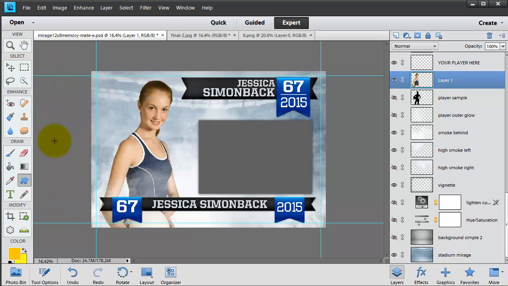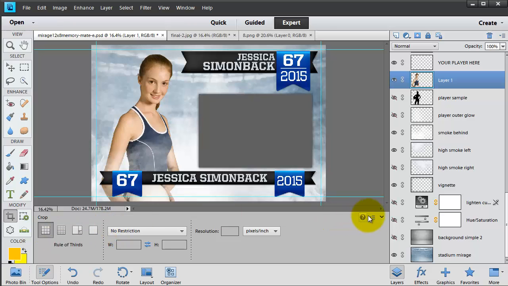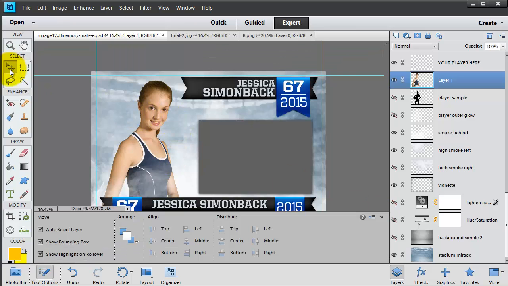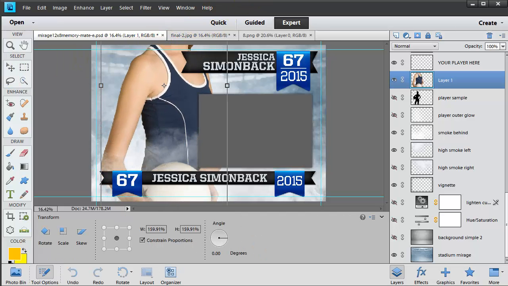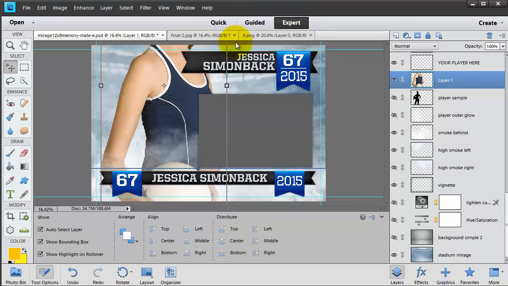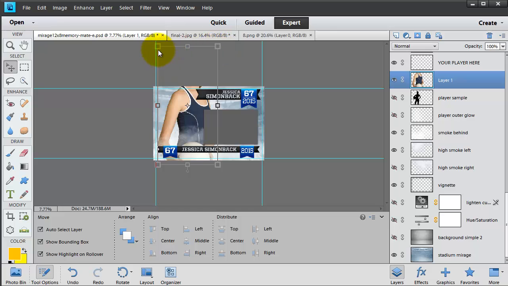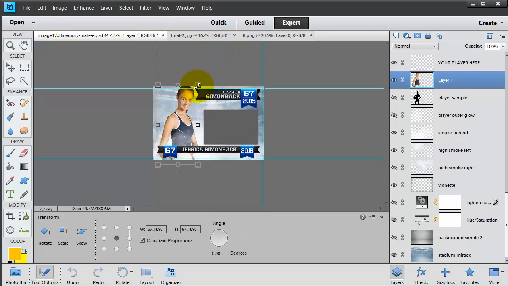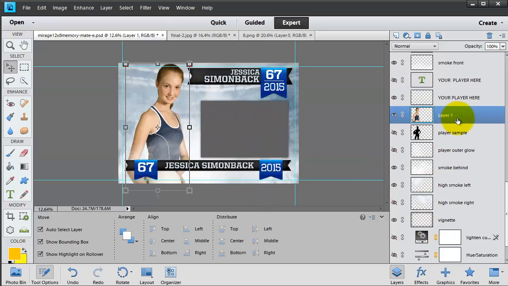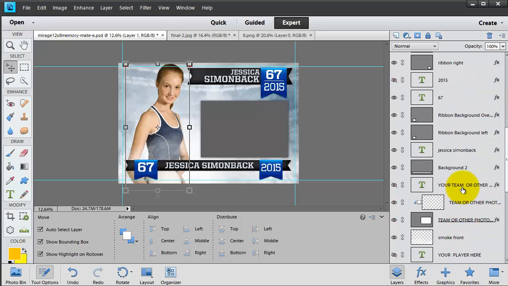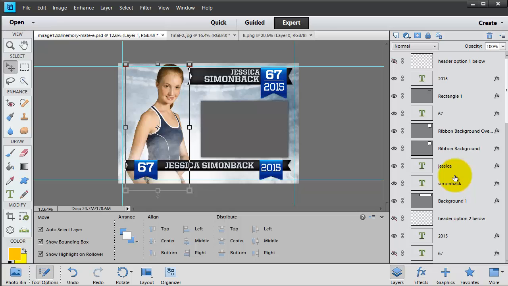Now if your player comes in too big, you may need to resize, in which case you'll select the move tool, and you'll either, let's say it came in like this big, you can press Control 0 to see all the little corners, and then you can resize it, and then press Enter, and then Control 0 to fit on screen. And our player glow can be turned on if it kind of adds a separation between the background and the player, and it makes it look a little bit nicer, but it's totally going to depend on your photo that you're working with as to how good that